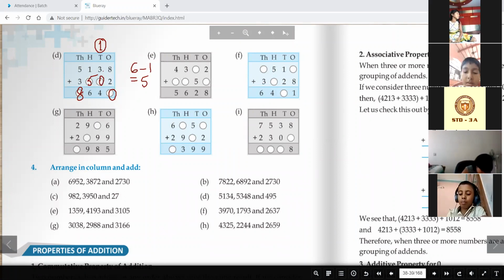Here I'm just going to the E sum. 8 minus 2 equal to 6. 6 we will put. Now 2 is here and 5 is here. So 2 we will consider as 12, and 12 minus 5 it will be 7. Now 7 plus 5 is equal to 12, and 1 is carry on.